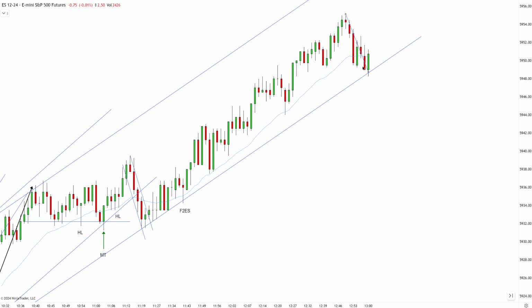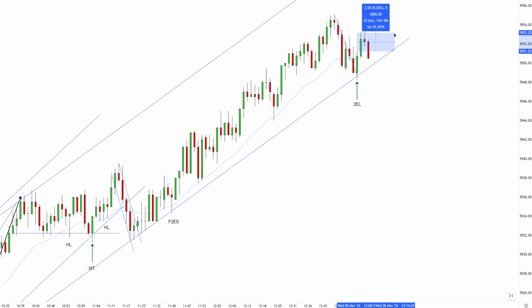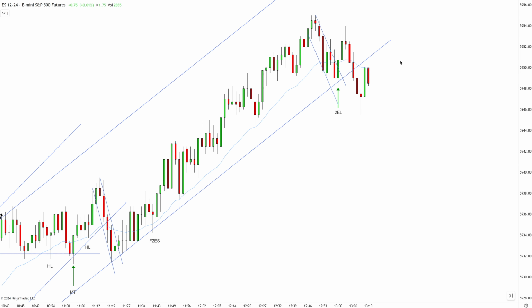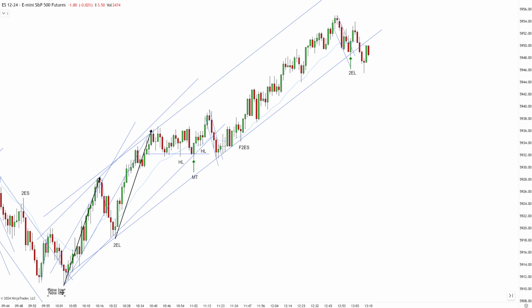Sometimes it's not super easy to fully know, and because the trend was strong, I have no problem risking a setup like this. Second entry long at the key entry point. You have to wait for a trigger above this bar, drop your limit order. The setup ended up actually working for 11 ticks. We scalped for 8. So it managed to get the scalp. Market corrected because you can see there was the bigger downtrend. And generally, especially if you're new and you can't see a clear break, just to be safe, draw it a little bit wider. Now you have a break, push to a new extreme, and the downtrend played out.